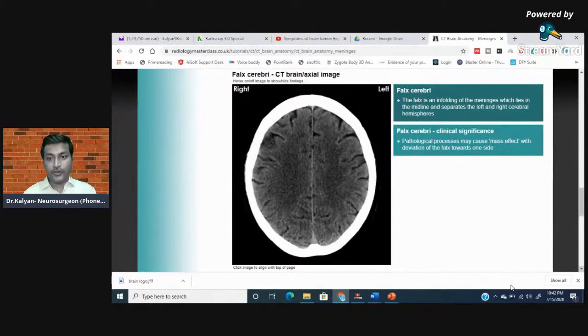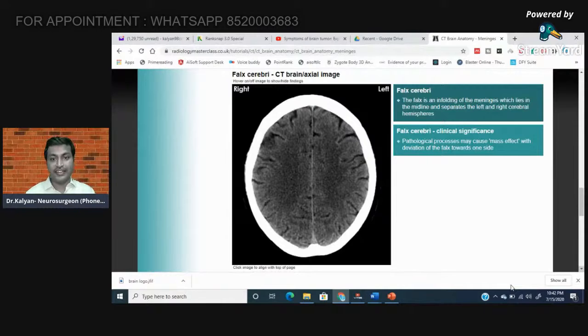Okay, as I've told you, first I will start with some basic anatomical structures. The way I started last time, each time I will be introducing you to a few more anatomical structures. Are you able to see this white line in between the right and the left hemispheres? This white line divides the hemispheres into right and left. So what is this structure? This is a dural structure. And what is the name of this structure? I'll give you 5 seconds for someone to answer.